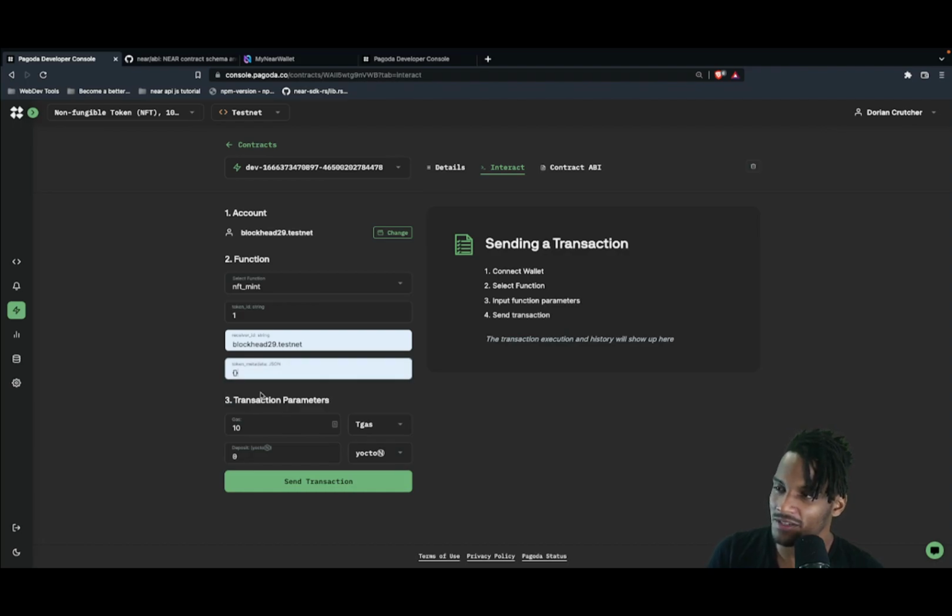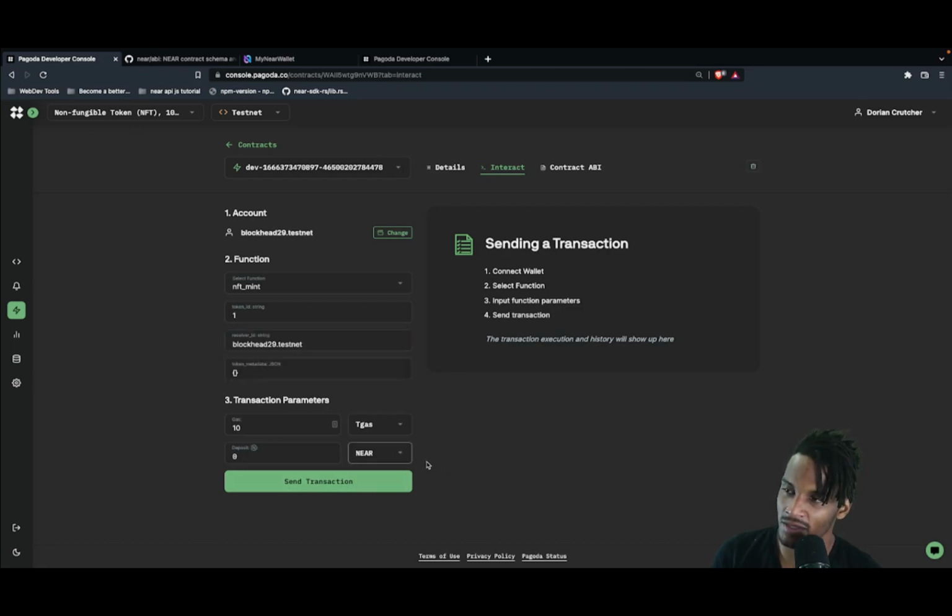And then just keep this as an empty object for now. This is normally where the metadata, such as the media link, token ID, or whatever, would go. But for this example, we're just going to keep that metadata empty. And for NFT mint, we actually have to attach one NEAR token to pay for storage of this new NFT,